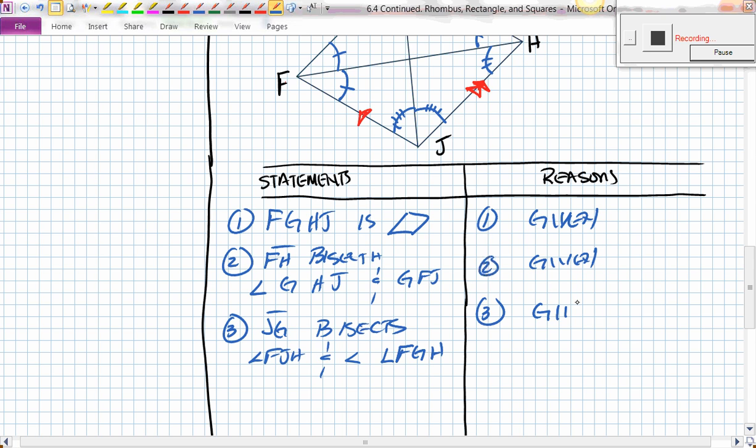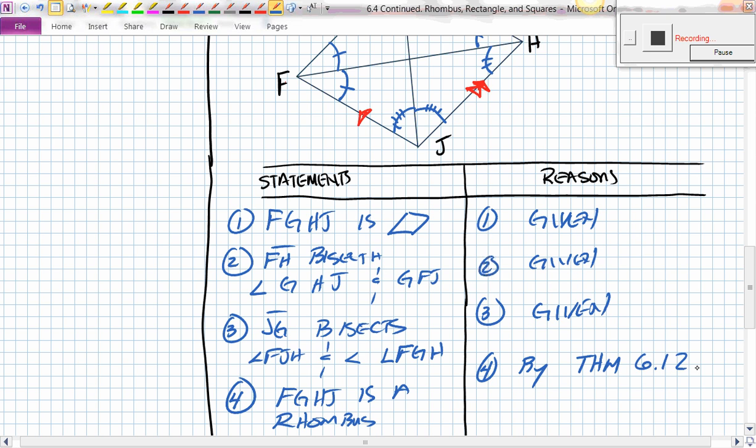That's also given. Oh my gosh, thank you. They gave us so much information. Great. All right, what can we say now? Here's the pivotal point. Yeah, FGHJ is a rhombus. Theorem 6. Oh my gosh, it gave us everything that we needed to say. So we can use the theorem. It's not saying to prove the theorem. It just says